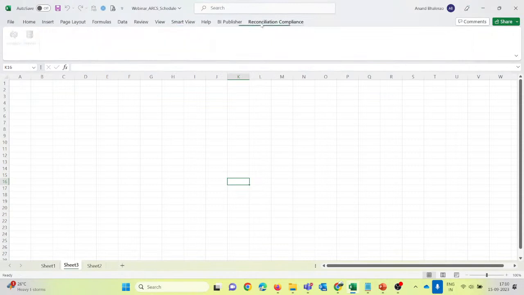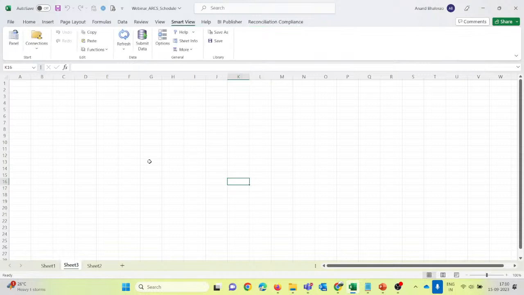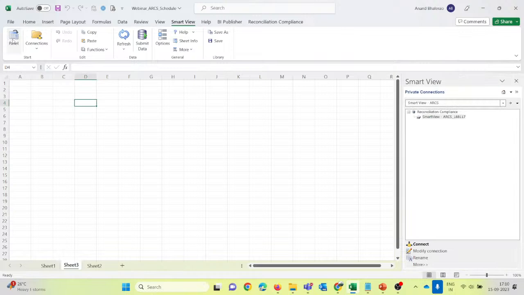So now we have the downloaded Smart View, and it is very much visible in our Excel file. But to work on this, we have to create a connection for this. To do the connection, we have to click on this panel, and